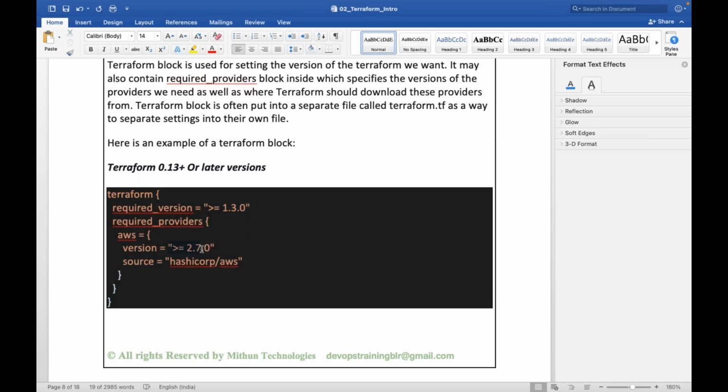What is the version, right? Provider version. AWS is one provider. What version of the provider? Provider is nothing but a set of APIs in the background. I hope you understand that point. Providers or plugins are nothing but sets of APIs. So what version of the AWS provider do you want to use to manage the resources in AWS via Terraform? This version is the provider version. This version is the Terraform version. Clear?